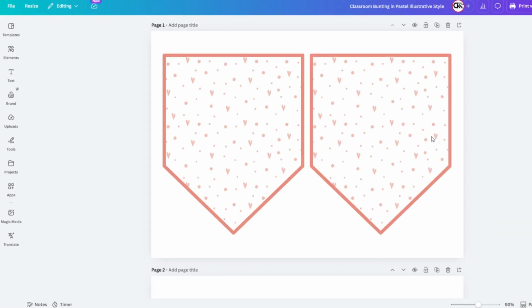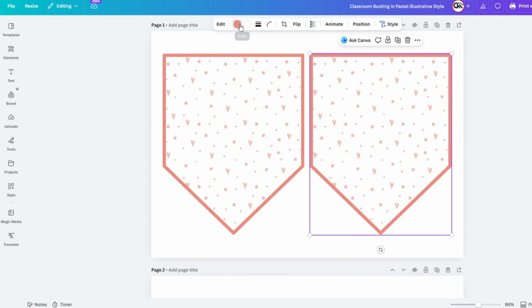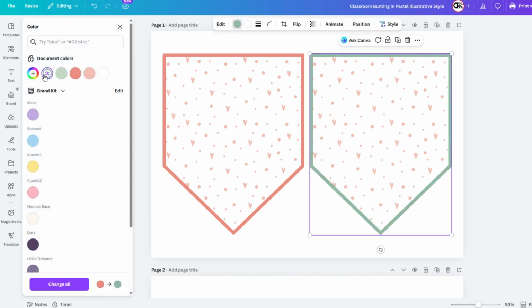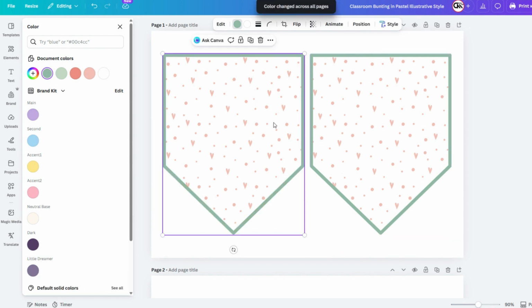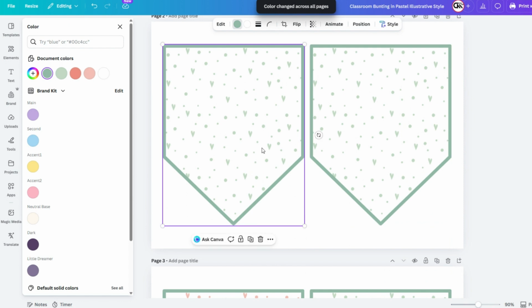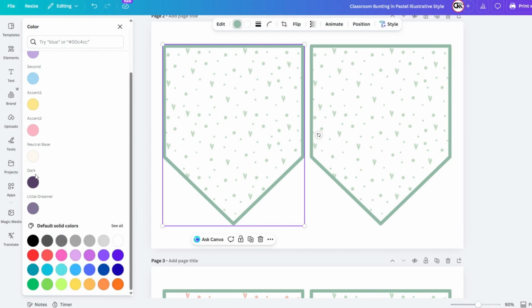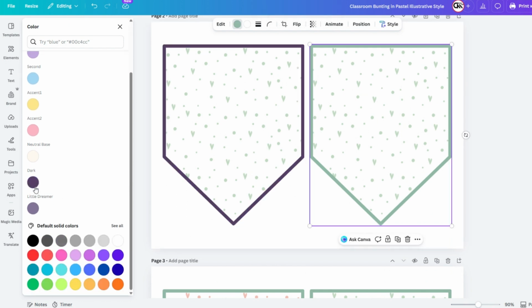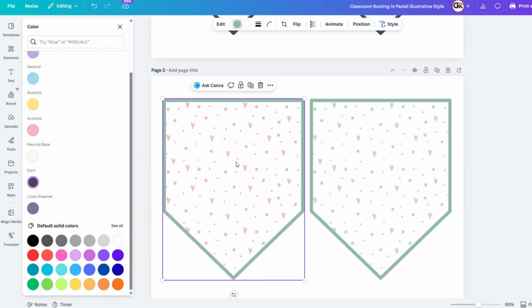To give these flags a fresh look, I'll click on the border of one and select the color tile. I'll choose a gray-green, and to save time, I'll click Change All at the bottom left to update every flag in the document at once. Next, I want to try a deeper shade, so I'll select the border again and switch it to a dark